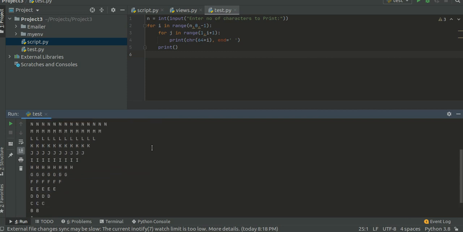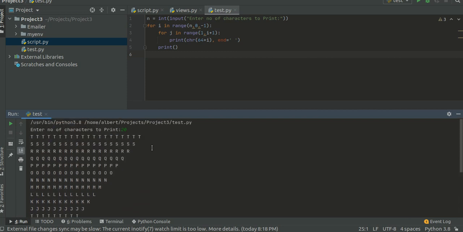Hope you understand. It's a pretty easy problem. You just need to get the idea of how we are iterating through the loops, both the nested loops, and print the corresponding value.